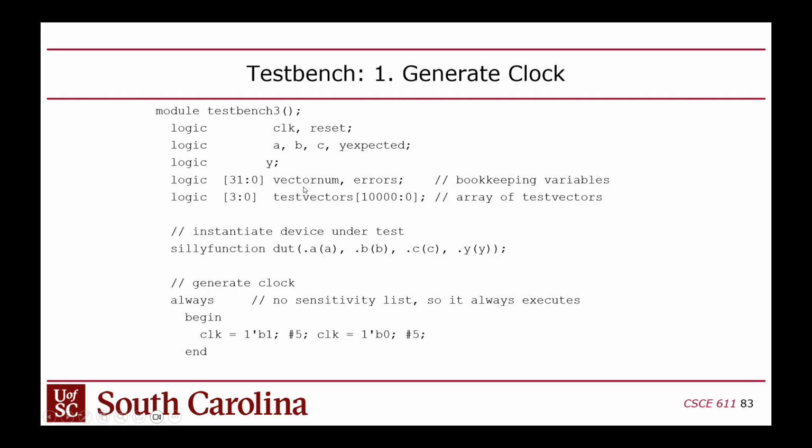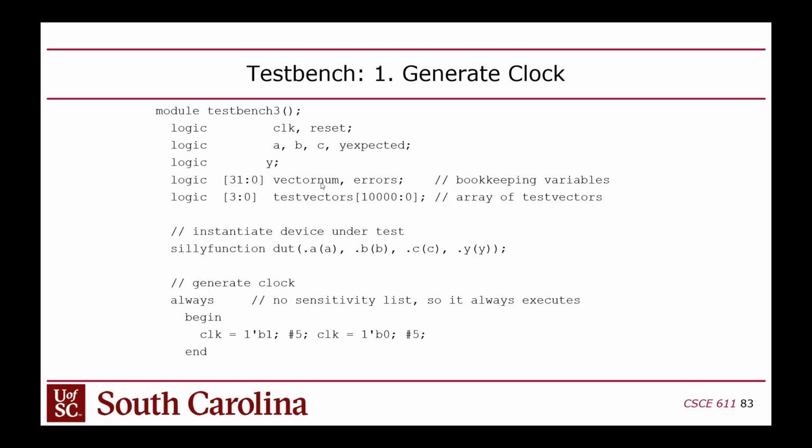And then here's where the syntax gets really crazy. Okay, so the test vectors are held in an array. But it's a two-dimensional array because the depth is the number of test vectors and the width is the size of each test vector, right? Now you guys know that in C and Java, when you declare a two-dimensional array, you can say like int A and then bracket number of rows, bracket number of columns, right? But in Verilog,